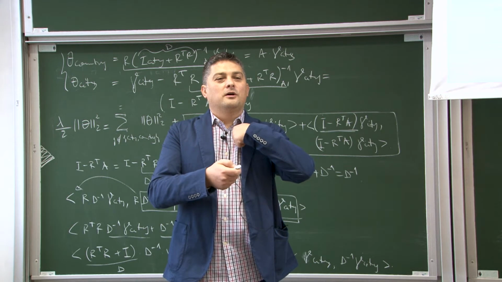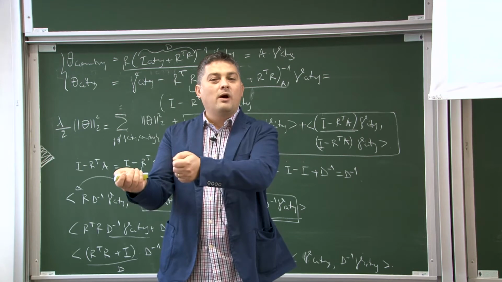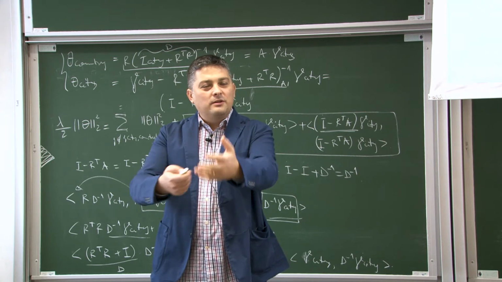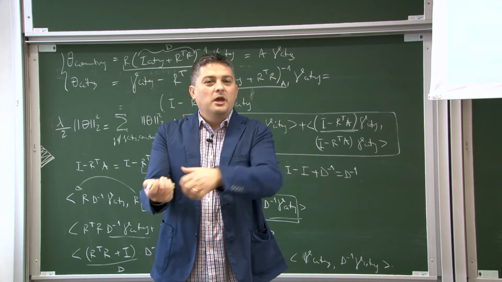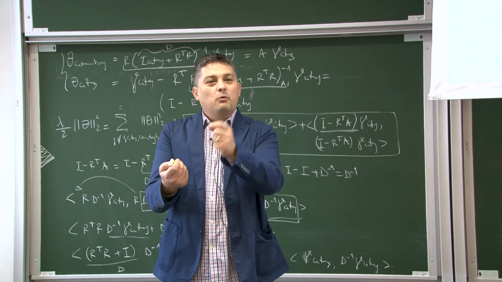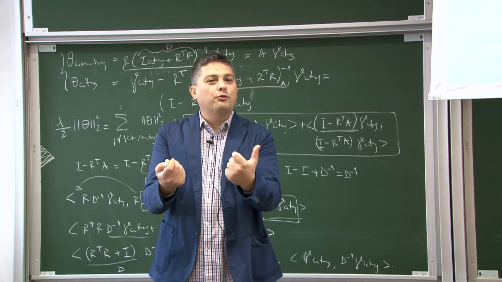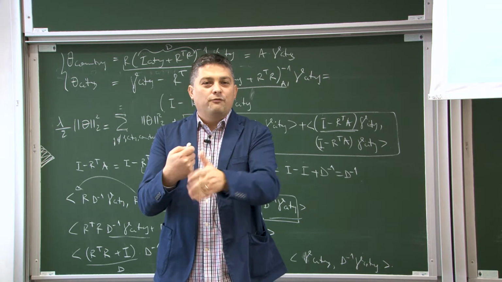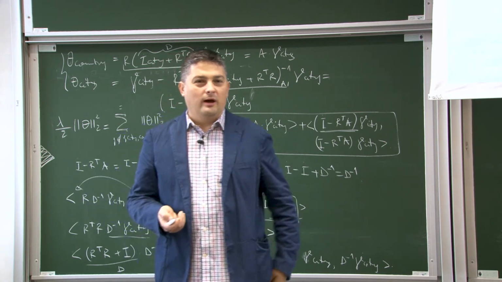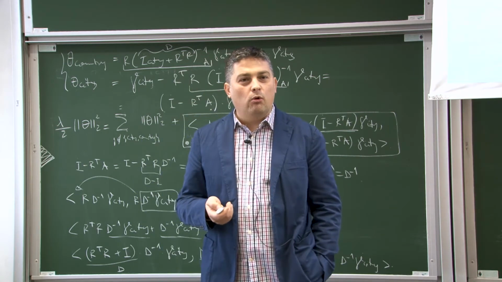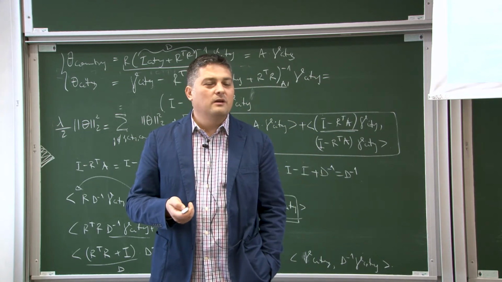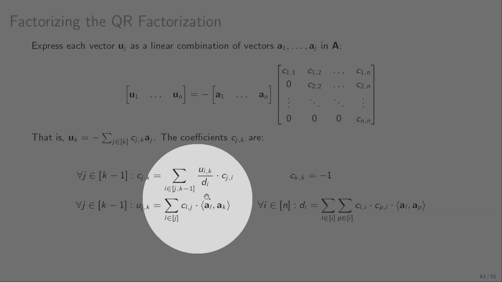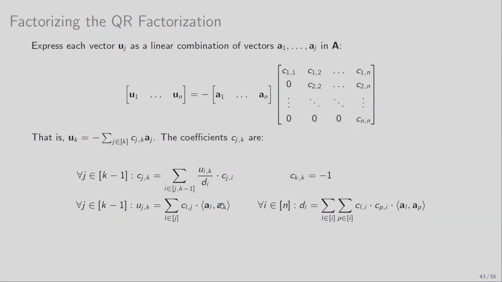U2 is A2 minus this projection on U1. Let me put A1 instead of U1, because U1 is A1. And then I rewrite the expression so that it only depends on A1 and A2. And then I do U3 similarly, right? Whenever I see U2, U1 in the expression of U3, I replace them by their meaning as a function of A1, A2, right? So if you do this, you'll end up with some formula. If you stare at them a bit more, you realize that these formulas are in fact functional aggregate queries. They are FAQ expressions. And in fact, they depend on the dot products of the vectors in A.